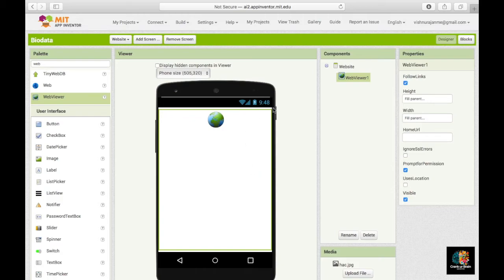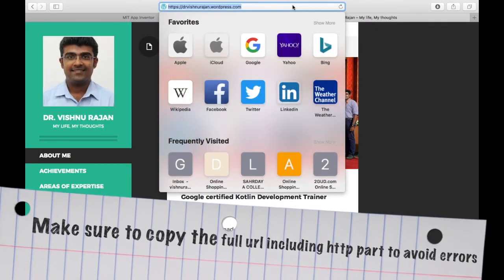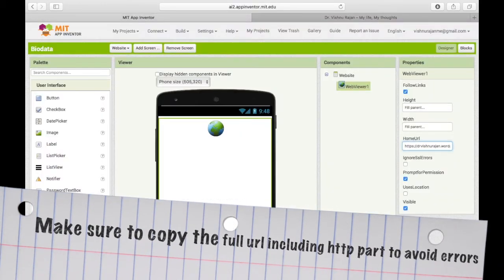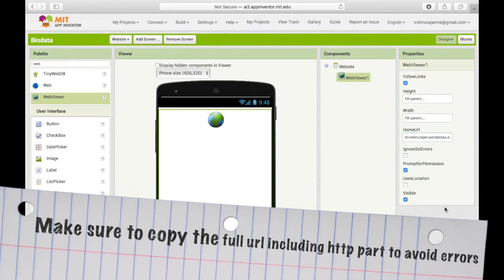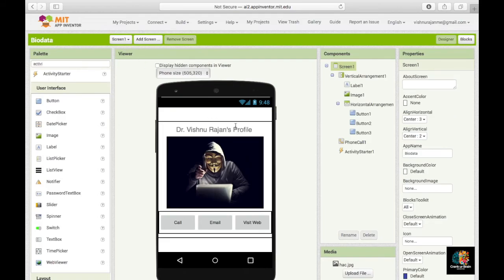Now I have set everything, but I didn't give my website here. For giving my website, there is an option, HomeURL. In this option I can just give my website. So I have given my website link also. Now I need to link from Screen1 to Screen2, because this one is screen number 2, that is named Website, and Screen1 is this one. I need to get a link between this button and my screen 2. Whenever I click on this button, screen 2 needs to open.